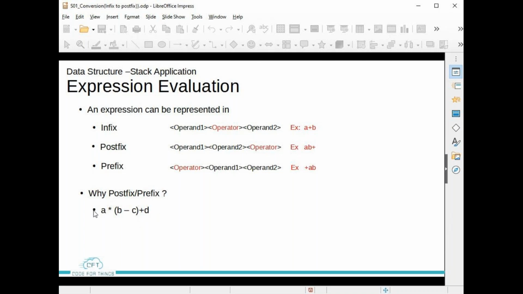So when you give this expression to your system, if you type in this, your system has to scan this expression from left to right multiple times. Correct? Your system has to scan this expression multiple times in order to find which operator has highest precedence. Correct? And because of this multiple scanning, what happens? It makes your system inefficient,